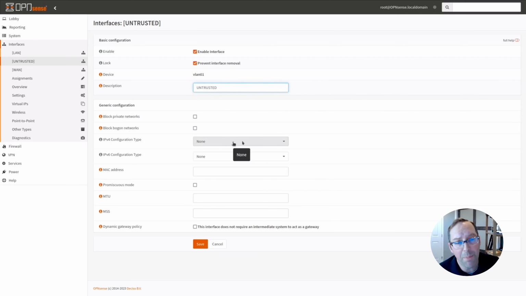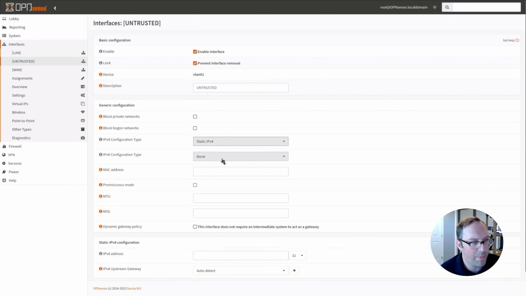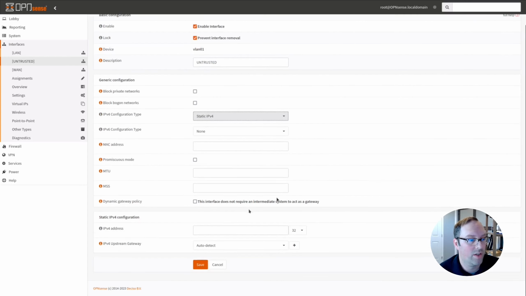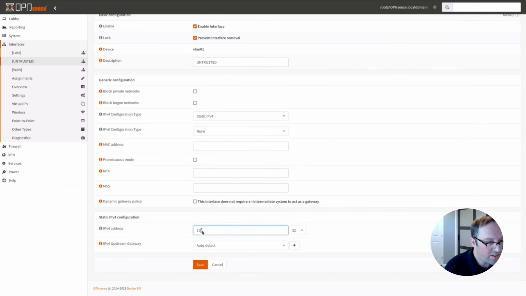And for the IPv4, we're going to set up a static IPv4 address for the interface itself, but it also gives us an IP address range for your network. So this is kind of interesting. You can think of an interface as your gateway to a whole entire network. So the IP address at the bottom here we're setting up is actually for the interface itself. We're going to set it up as